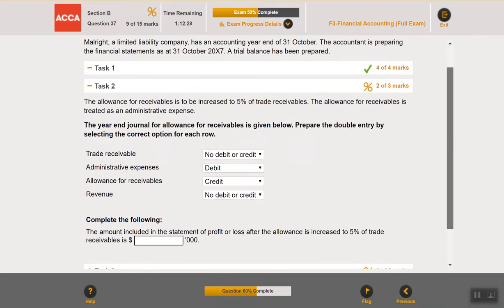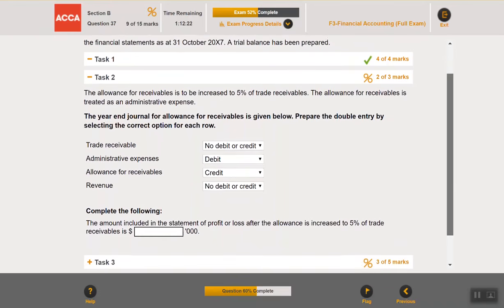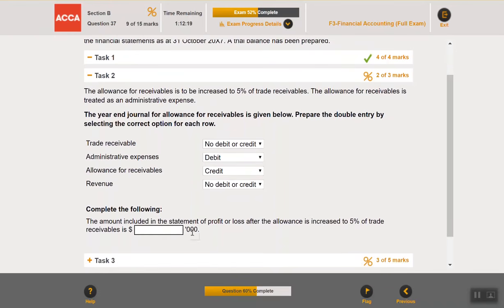Allowance for receivable is to be increased to 5% of trade receivable. The allowance for receivable is treated as administrative expense. So we've answered the rest of the question. We only need this part. The amount included in statement of profit or loss after the allowance is increased to 5% of trade receivable is,